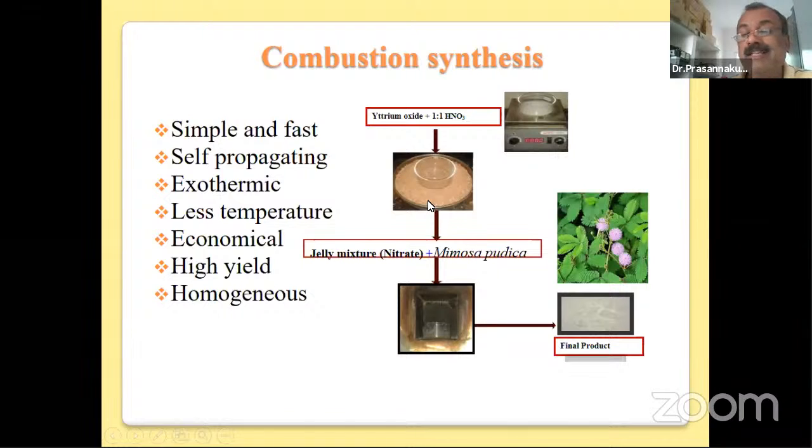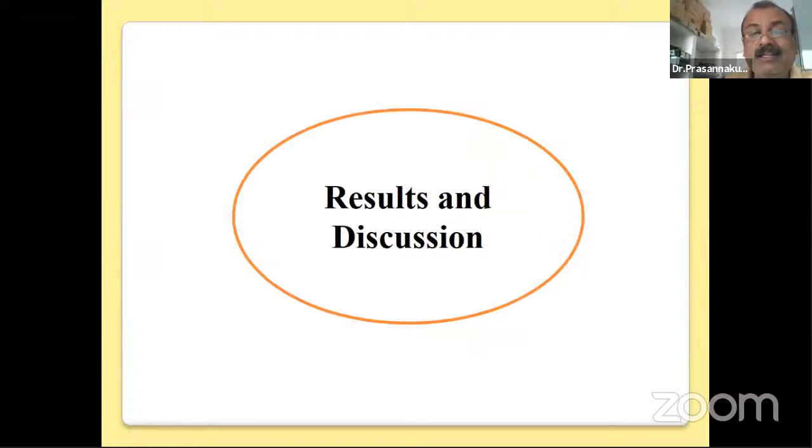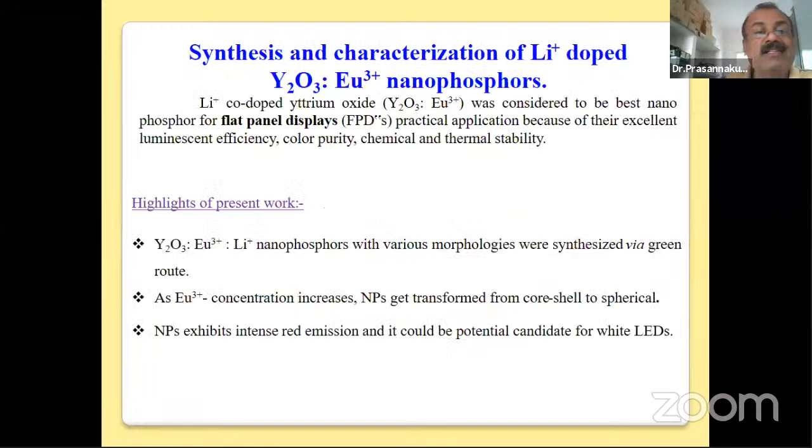Then the mixture is heated to 750 degrees Celsius in a muffle furnace. The final product is obtained. The characterization of the final product is done. What are the characterizations we have done? These are the results and